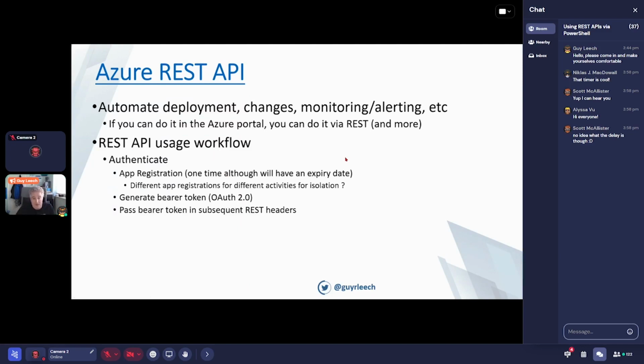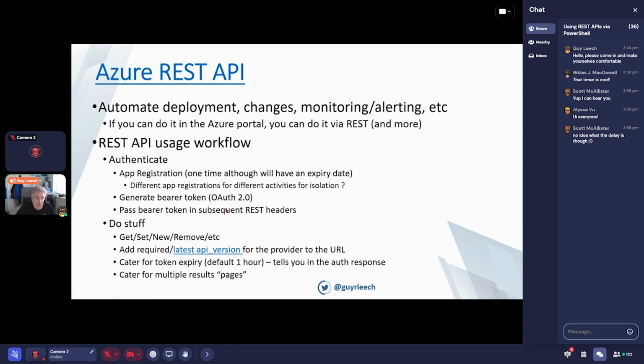So we do that once. In fact, the one I use today, because I'm going to show the client ID or application ID and secret, it's actually only valid for a day, and I'll go and delete it as soon as this session's finished. So the window of opportunity for malicious intent on my test tenant is small, but we get this bearer token thing, and then we just pass the bearer token through to all our other calls, and then we do this technical term, do stuff,